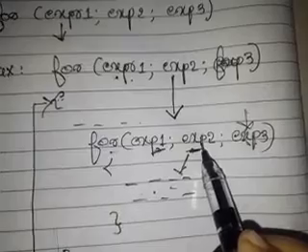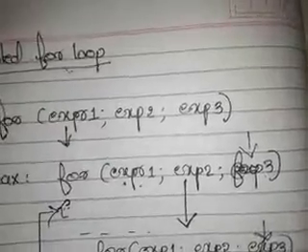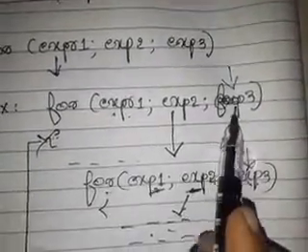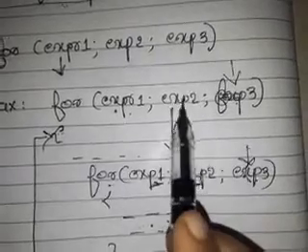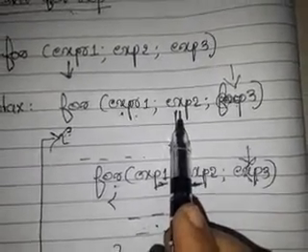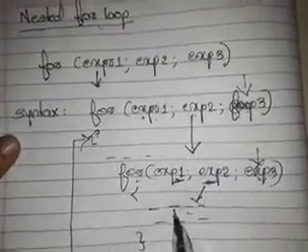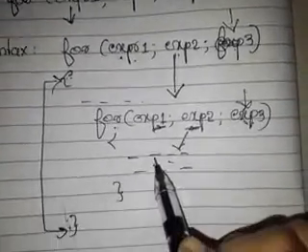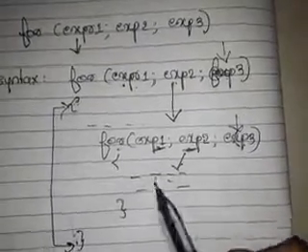Assume that this condition became false now. So where does the control have to go? Obviously the control comes here. Once the control comes here, the update of the control variable of the outer for loop takes place. Expression 2, the conditional expression of the outer for loop, is checked. If it is true, again the inside for loop does its execution from scratch. So let's see an example for that, it will be more clear.